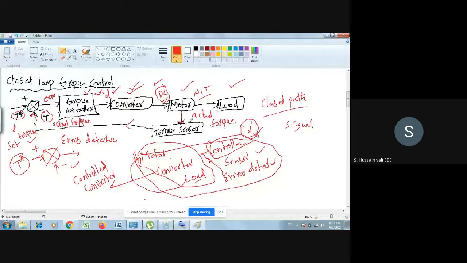I will tell you one thing: from motor to torque sensor, the signal is a mechanical signal. Then this torque sensor will convert mechanical signals into electrical signals. So what is the purpose of the sensor? What it does, the sensor converts